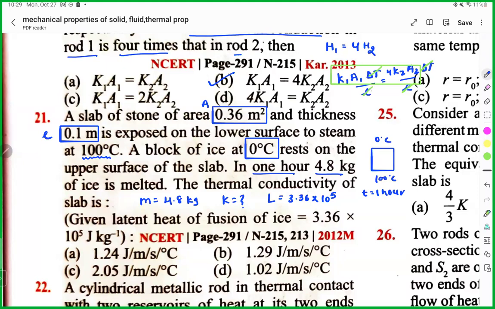Sir, option A. Option A. Everybody got the same answer? A answer is correct. Can you tell? Yeah. So